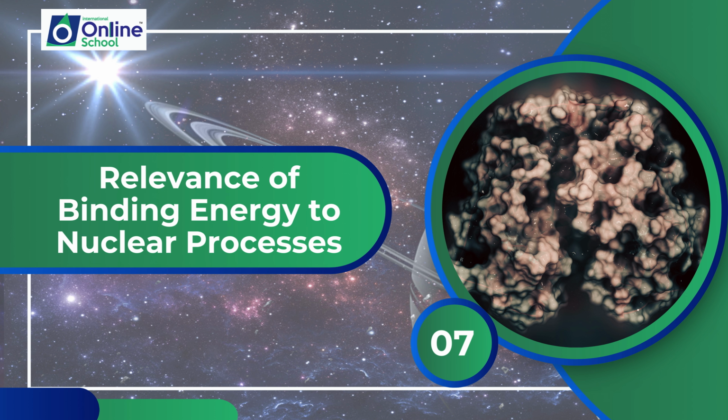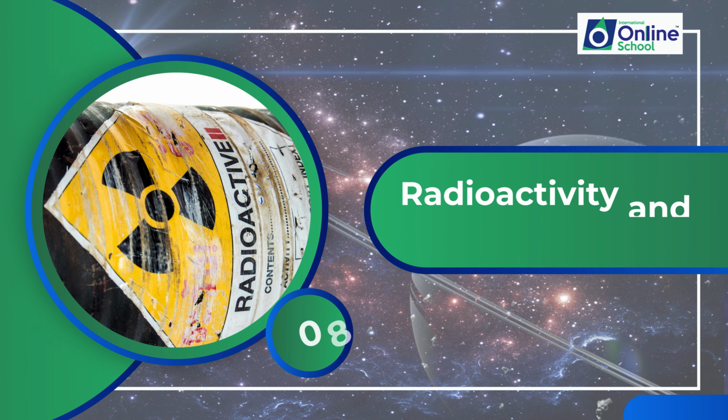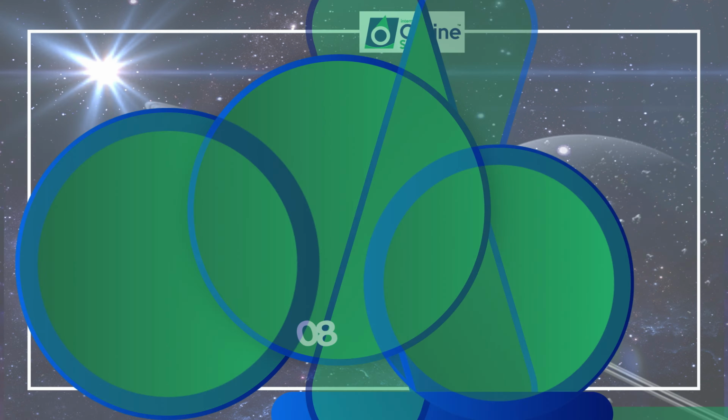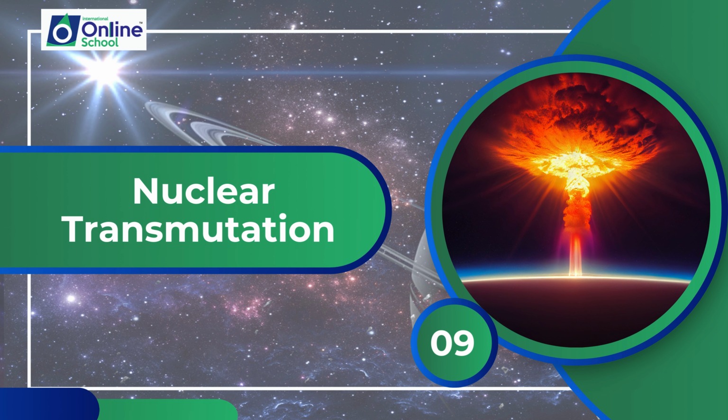This lesson involves understanding how the energy released in nuclear reactions is related to the binding energy per nucleon. In the next lesson, students will identify that some nuclei are unstable, give out radiation to get rid of excess energy, and are said to be radioactive. Students will describe that an element may change into another element when radioactivity occurs.